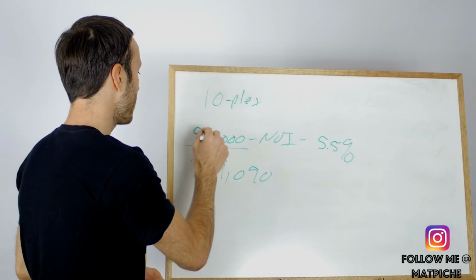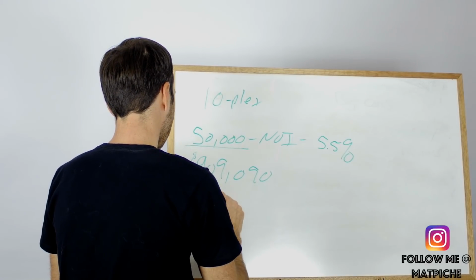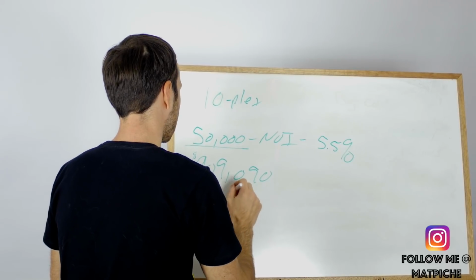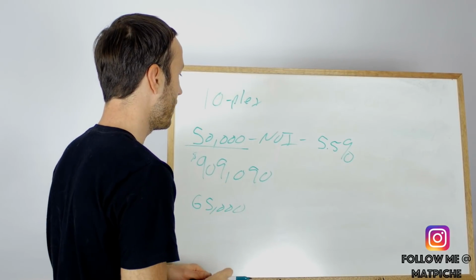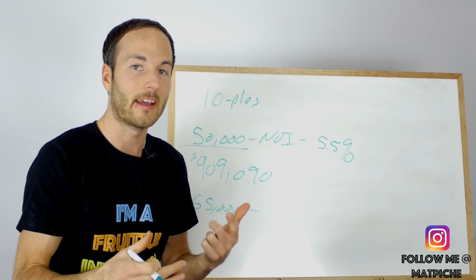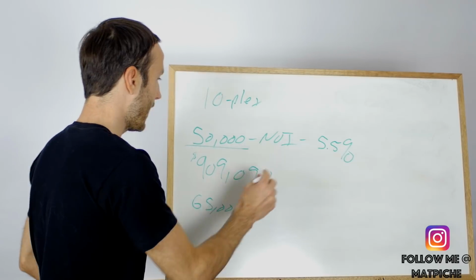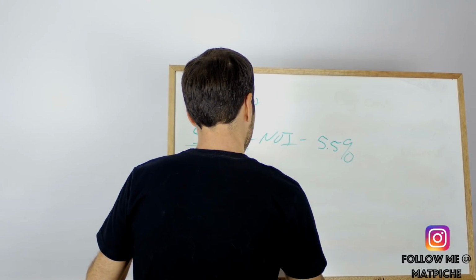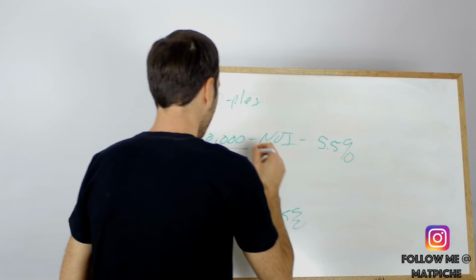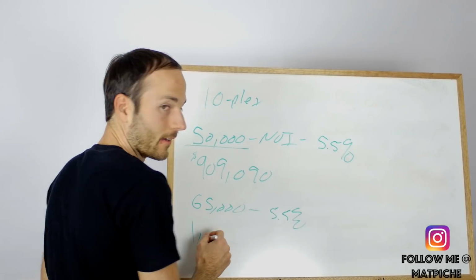So if we were to raise this NOI on the same building to $65,000 a year, so an extra $15,000 a year in income, the cap rate doesn't change. The area hasn't changed, so the cap rate doesn't change. This is pretty well how multifamily works. So the cap rate is still 5.5%. The new value of this building, thanks to the income we just raised, make sure I get this right again,